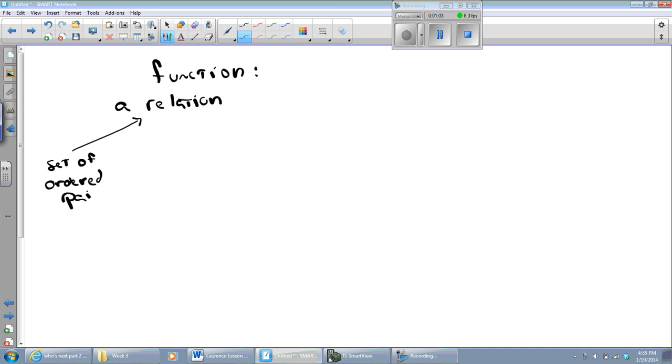For example, this here would be a relation: the point 0, 1 and the point 2, 3. That's a set of ordered pairs, two ordered pairs in there, 2 points. It's a relation such that